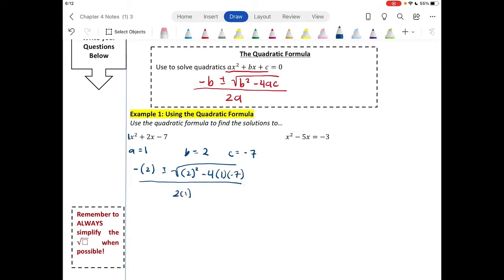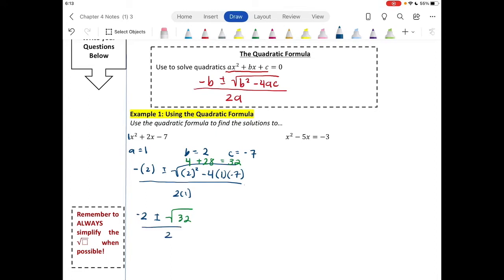2 times 1. Now before we go further, we're going to want to use order of operations and work underneath the square root. So 2 squared will give us 4. Negative 4 times 1 times negative 7 is positive 28, which then gives us 32. So if we rewrite this, we're going to have negative 2 plus or minus the square root of 32, all